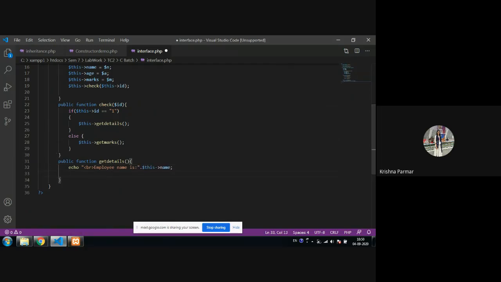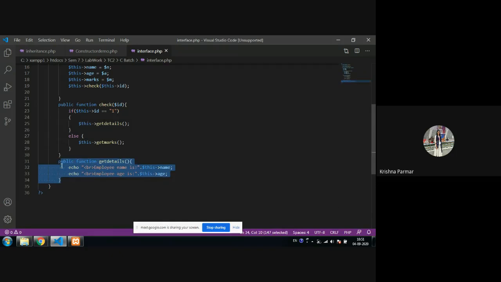Okay, then echo employee age. It is up to you which parameters you want to display. Okay, so these two details I want to display.